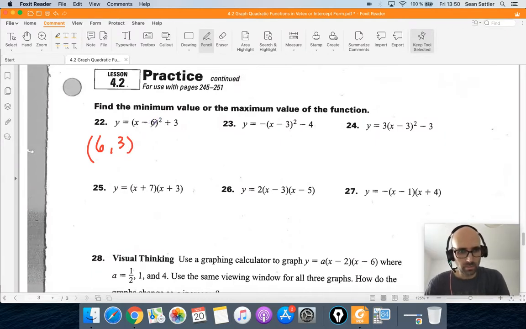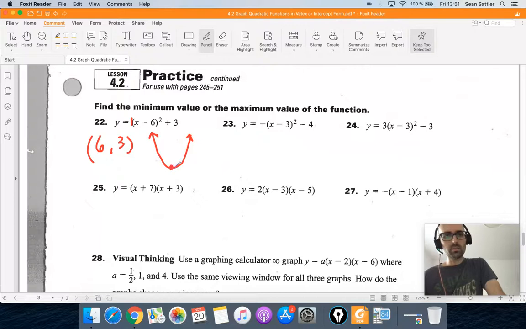Remember, the x-coordinate is always the opposite of this. So then we have to figure out, does this open up or down? And this one opens up because the a value is positive 1. So that means that this parabola is going to have a minimum value, and for the minimum value we're always looking for the y coordinate. Because think of this,